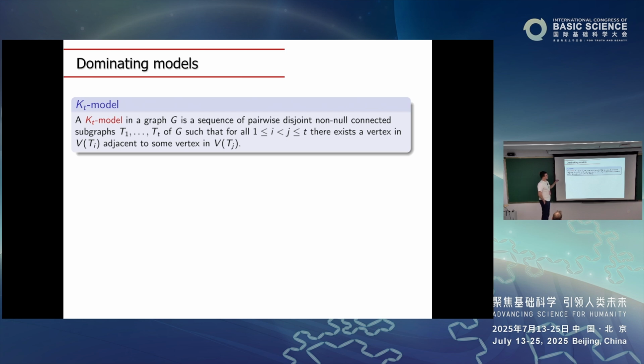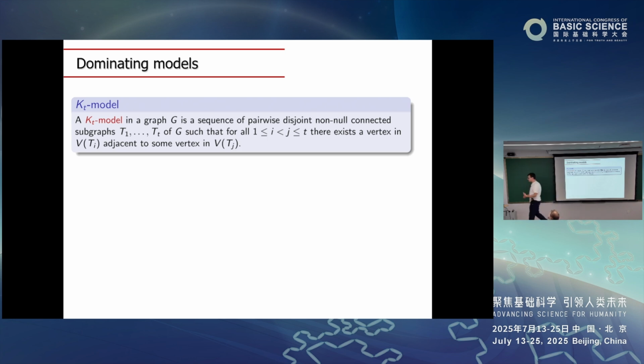Okay, now let me play with this a little bit. Suppose I don't want these subgraphs to be connected. So suppose I want a KT model where I just have subgraphs and an edge between every two subgraphs. Then if the graph cannot be colored with T-1 colors, I can get such a model very easily. I try to color greedily. If I need to use color J, it means I cannot use color I. That means my new vertex is adjacent to a vertex of color I.